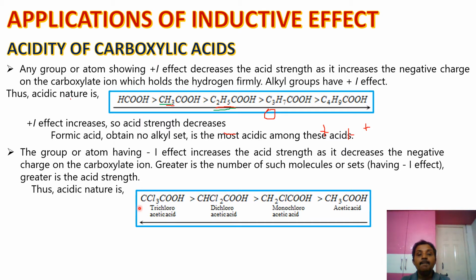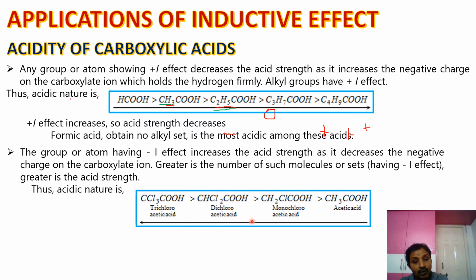The chlorine atom has a minus inductive effect. That is, it acts as an electron withdrawing group. So the carboxylate ion which is formed will be stabilized. The negative charge will be neutralized because of the electron withdrawing group. So as the number of electron withdrawing groups increases, acidity increases. Because of that, here three chlorine substituents are there, which makes trichloroacetic acid the strongest acid here compared